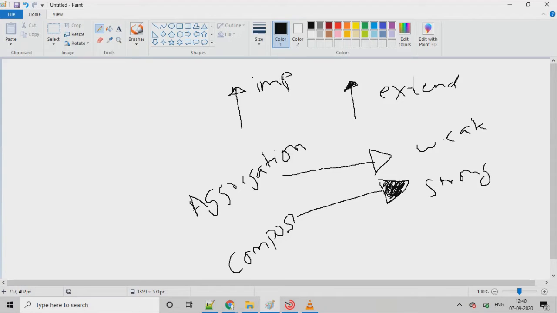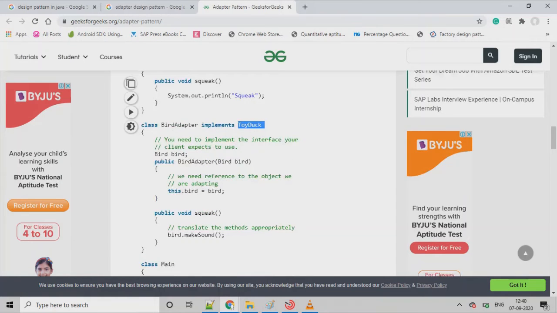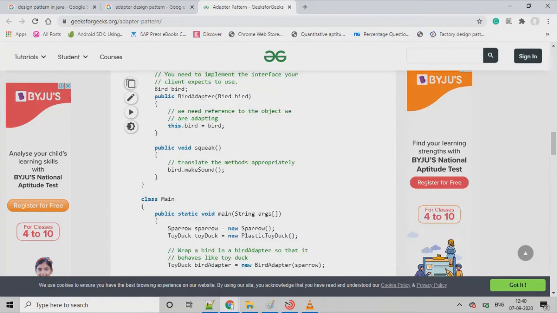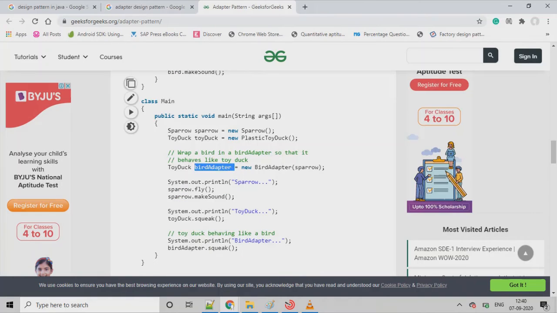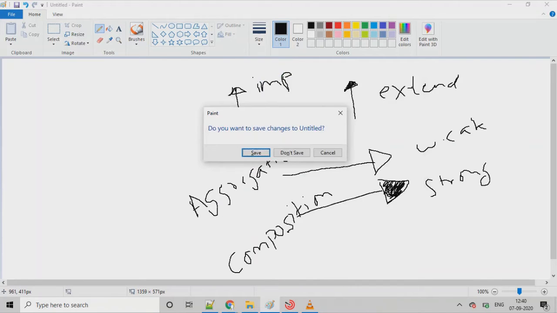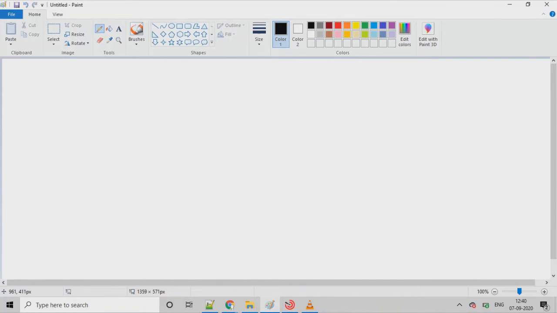That's what composition means. In the constructor we are just passing the bird as a parameter, and this is the sign of implementation. So we are implementing this Twiduck interface in the bird adopter. I hope I have made this very clear.